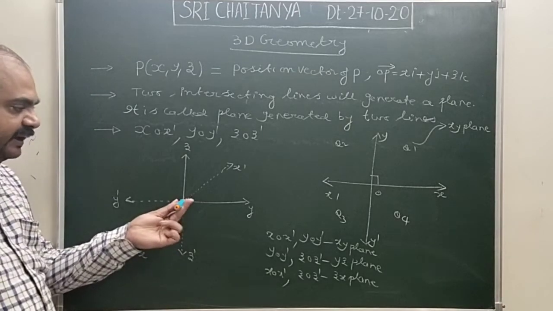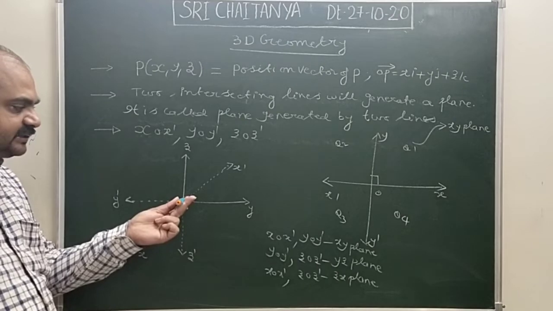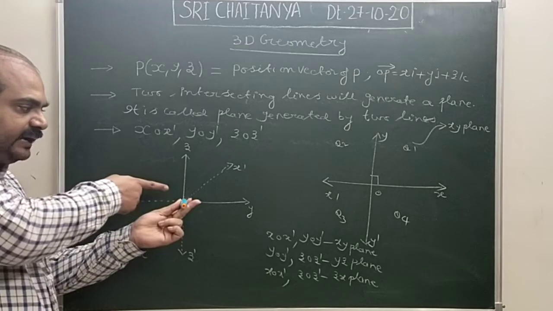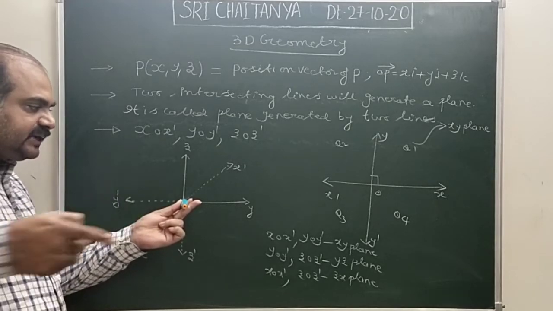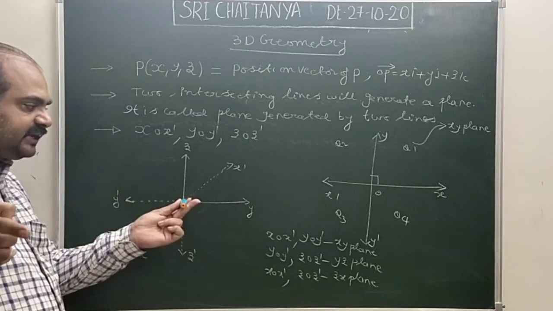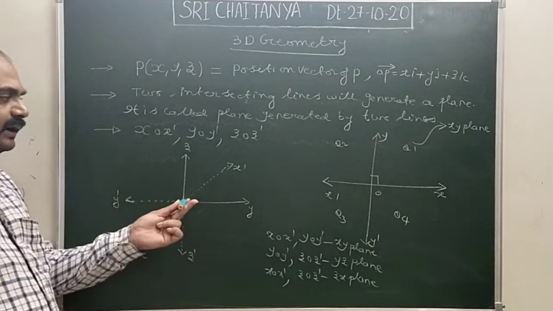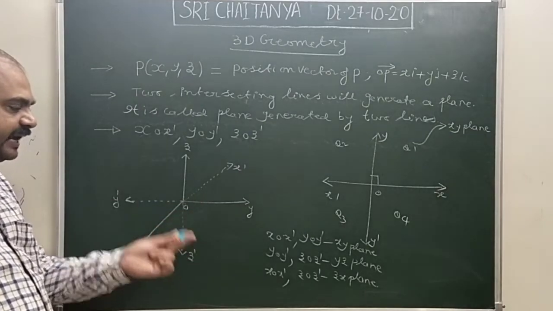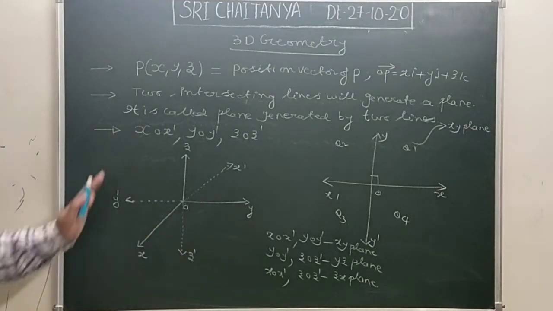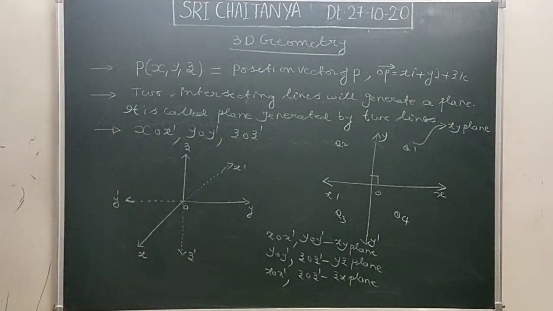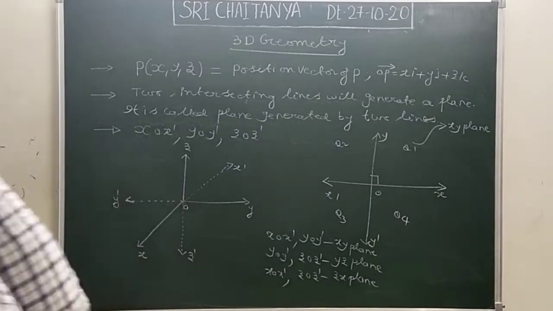Just keep it vertical. Whenever you want to assume the z-axis, at O you keep your pen. So this is OZ pointing to your face. That is the OZ direction, the positive z-axis direction, and from O, the opposite side to the paper will be OZ', that is the negative z-axis. Like this, three planes will be generated if three mutually perpendicular lines, x-axis, y-axis, z-axis, intersect at the origin. So look at.